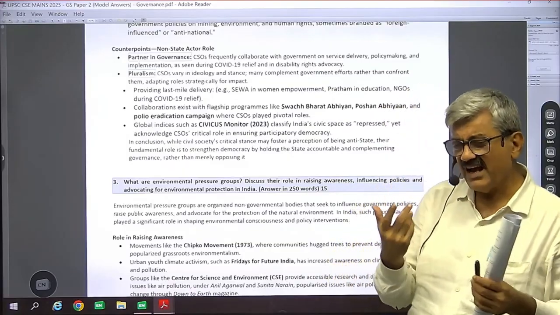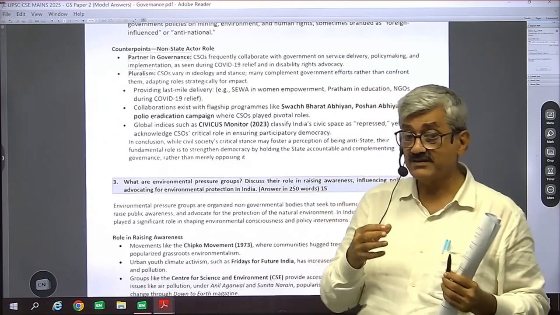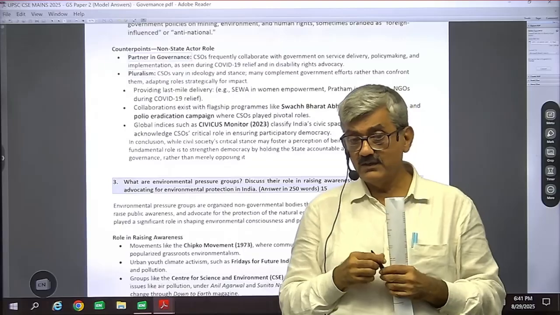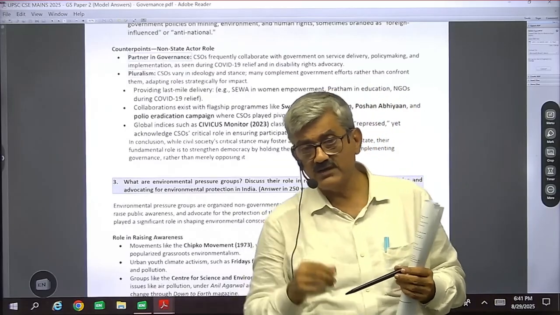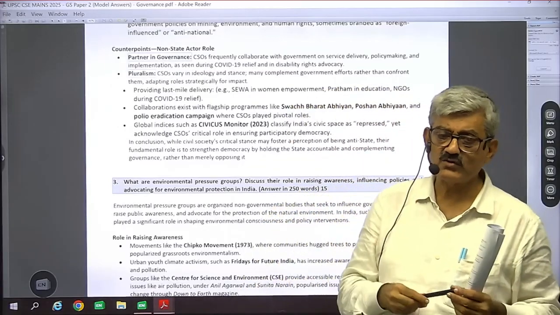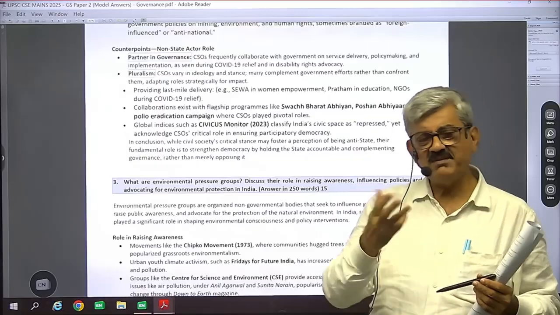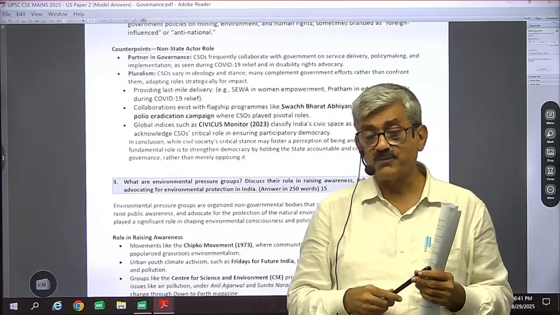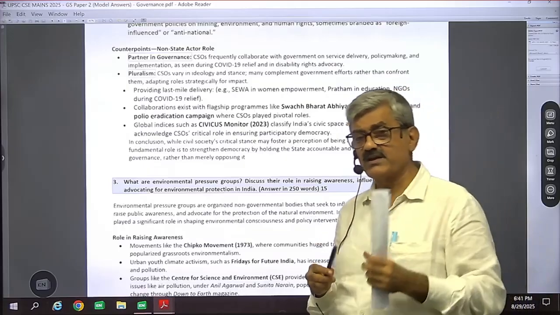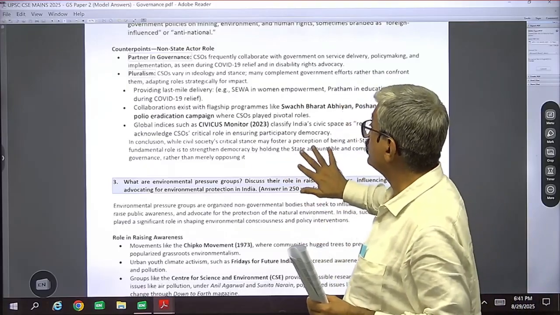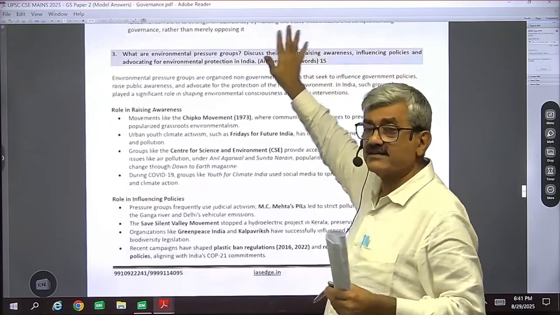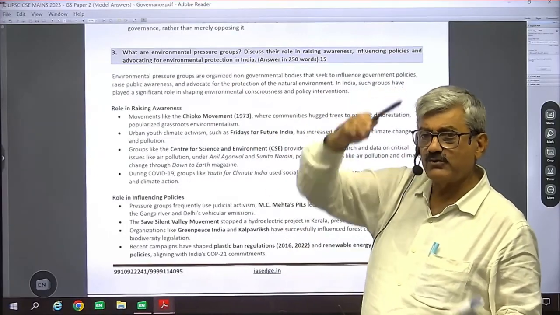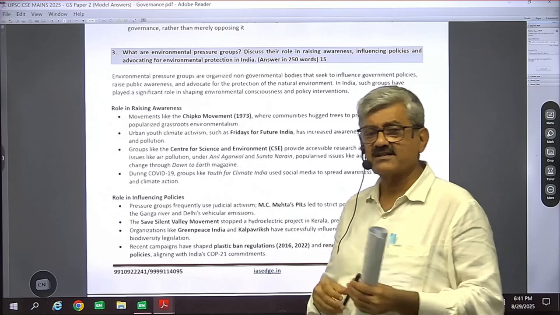Not only do they act as anti-state, many times they are not using the funds for the purpose they are supposed to spend them on. Number one. Number two, there are corruption charges also. Number three, there may be foreign funding interest groups which pursue their interests through funding of these organizations. So they tend to act as anti-state and are seen as anti-state. Therefore, we have to bring those issues into our discussion of this question.